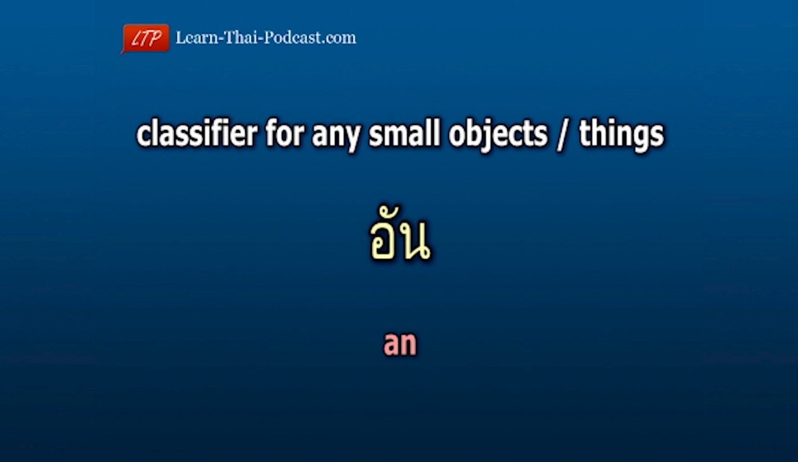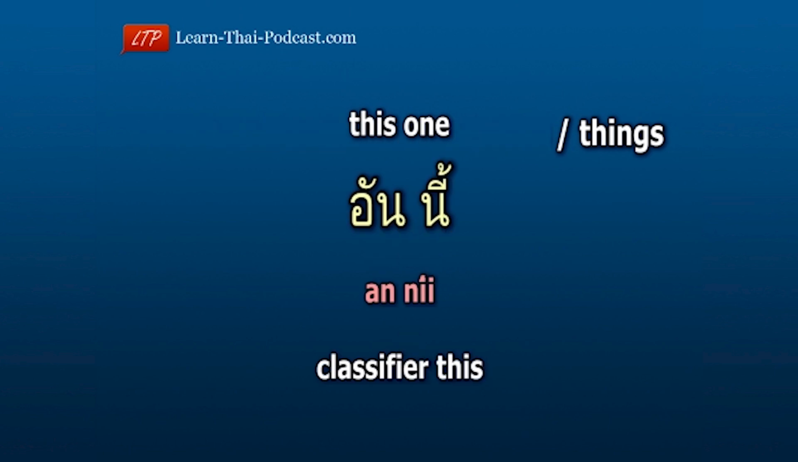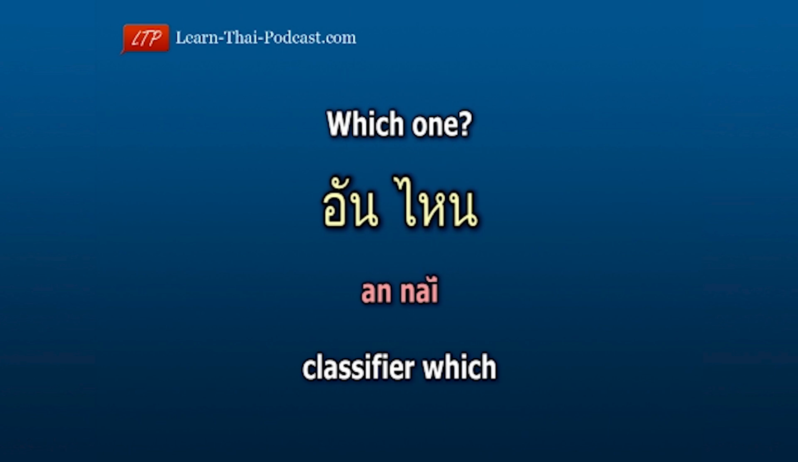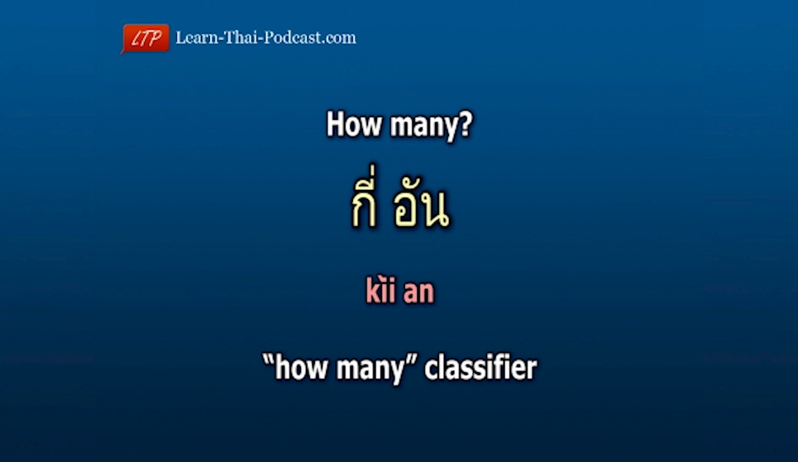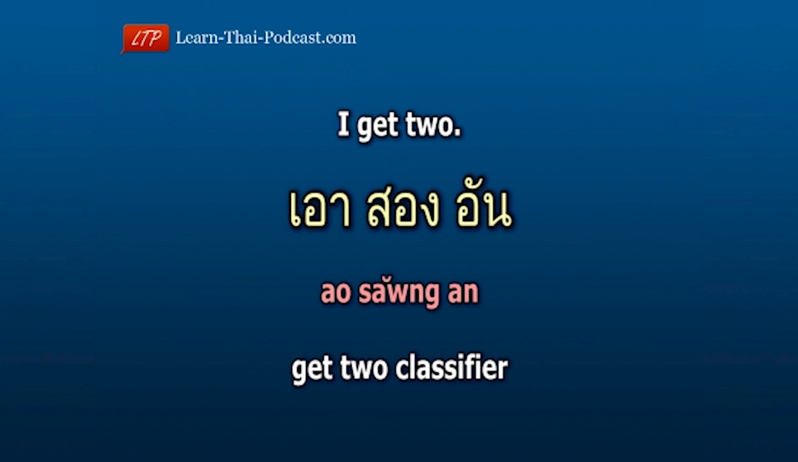Here are some examples for the use of อัน if you just point at something and don't specify any noun. This one. อันนี้ Which one? อันไหน How many? กี่อัน I get 2. เอา2 อัน